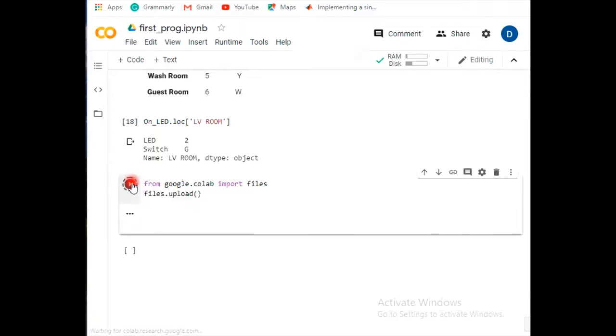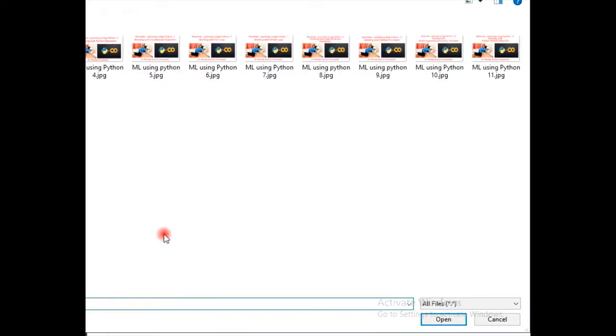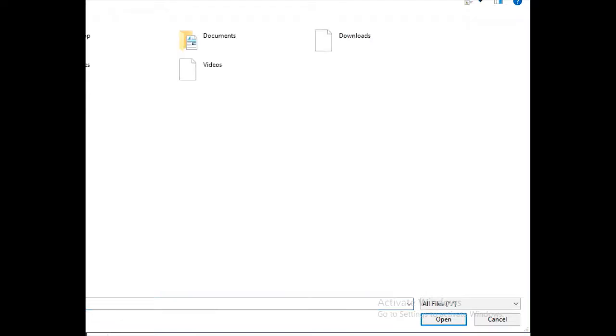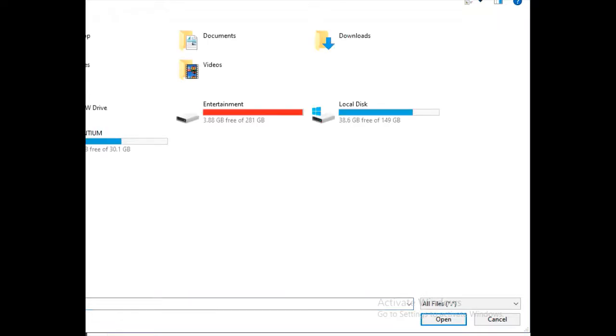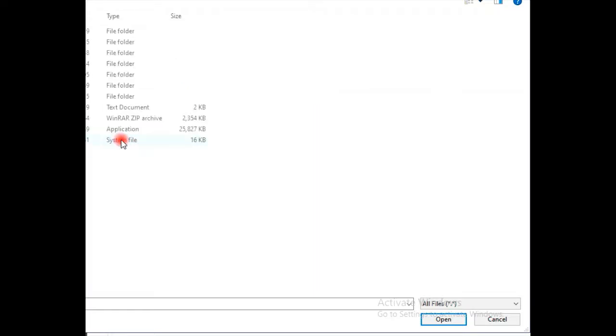So let's run this program, and here an option is given to you to choose your file. By this you can access your computer, easily go to your drives.